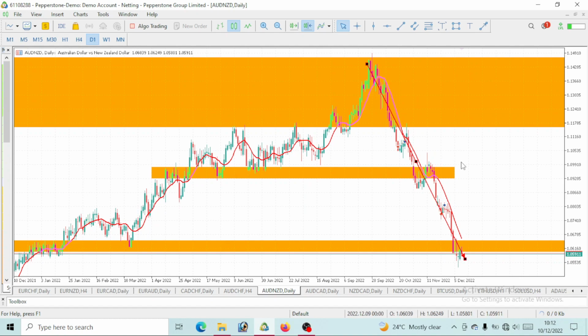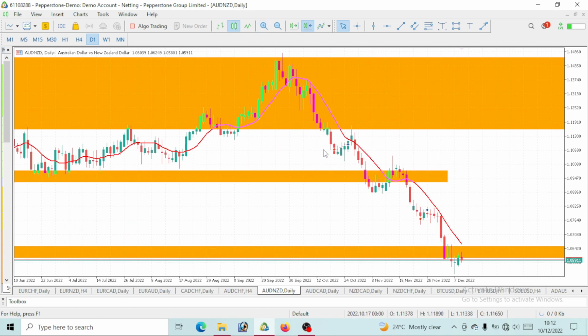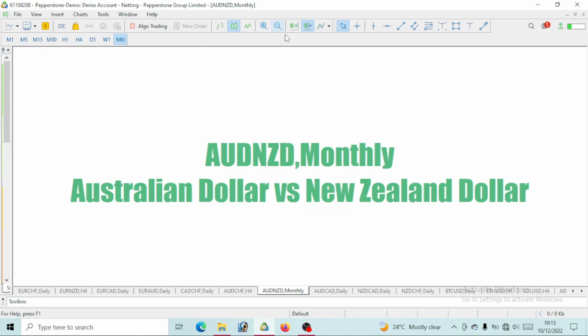So when you take a look at Euro New Zealand, you see that Euro New Zealand is dropping. Reason is that New Zealand dollar itself is bullish. So as this New Zealand dollar is bullish, any other pairs traded against New Zealand should give us a bearish move. So this is one of the reasons why we are having a bearish move on AUD New Zealand dollar. Now let's see it from the higher time frame. So we would analyze it down to the 4-hour time frame where we would actually want to place this trade.